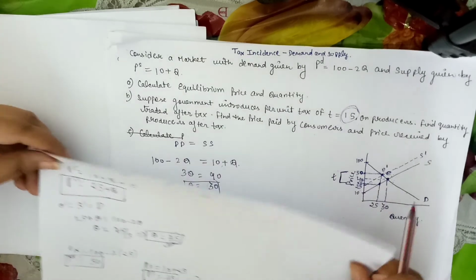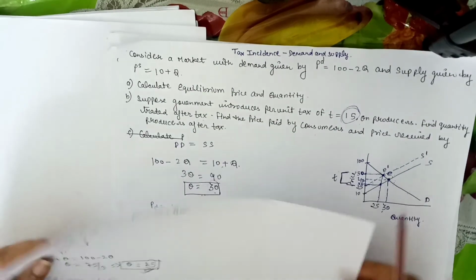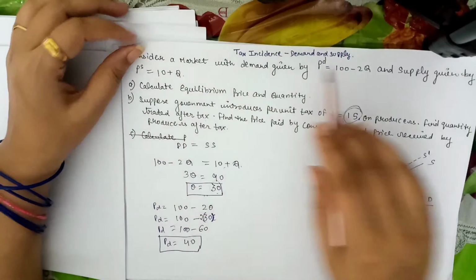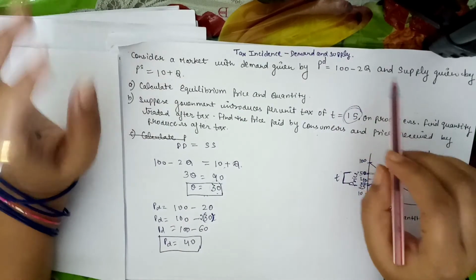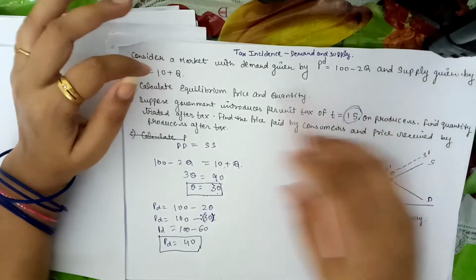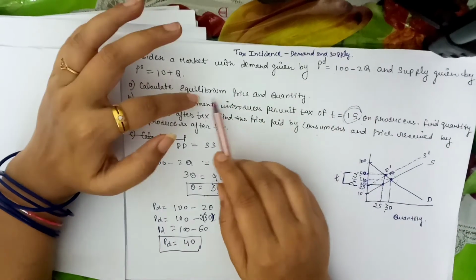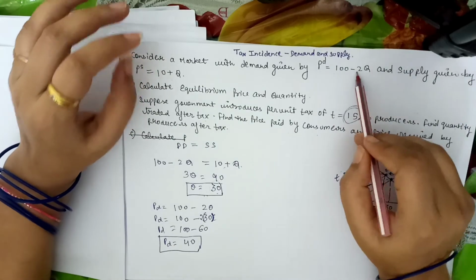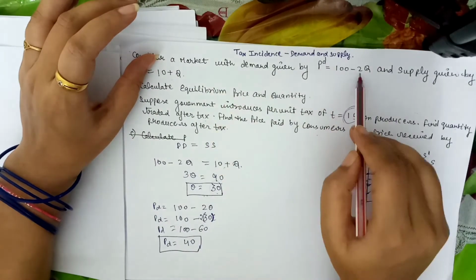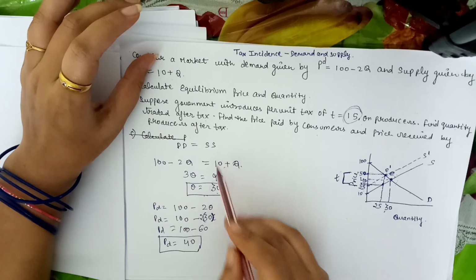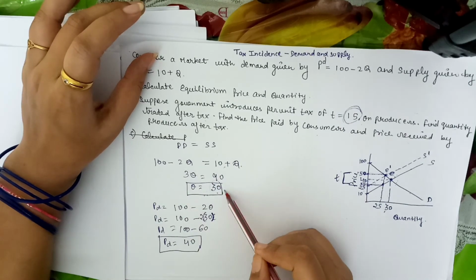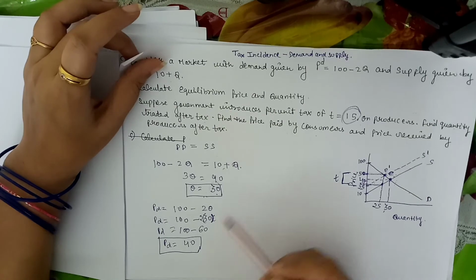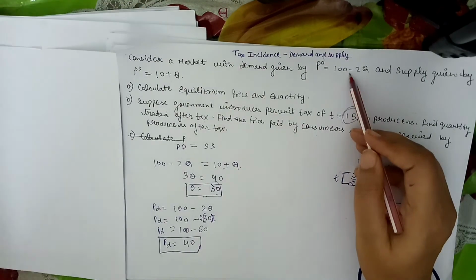The change in consumer price is more as compared to that of the producer price. So now a quick recap. In these types of problems, we are given demand and supply functions. To calculate the equilibrium price and quantity, we just equate these two equations, demand and supply, and calculate the value of Q. For calculating the equilibrium price, we substitute the value of Q in the price function or demand function.